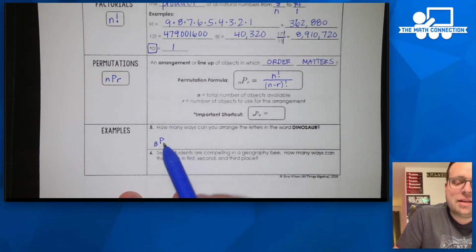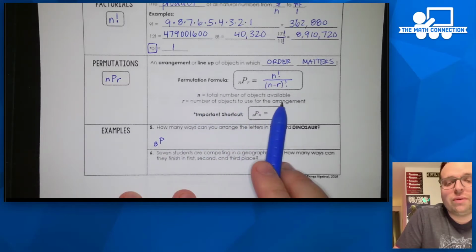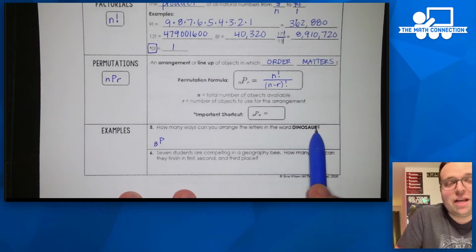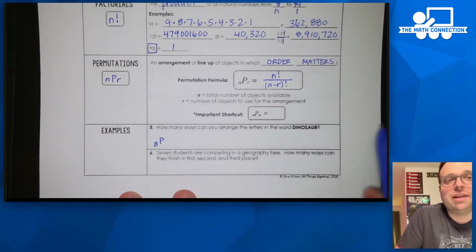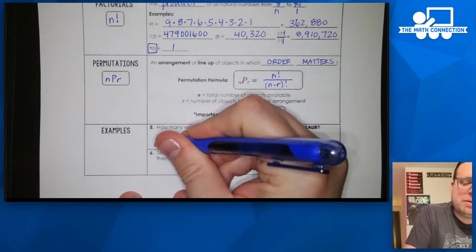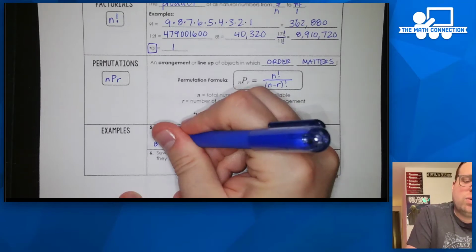And then the next thing is the r value. The r is the number of objects to use for the arrangement. Well, I want to use all 8 of the objects because I'm going to place them into the arrangement of letters of this word. So that's going to just be 8P8, 8 permutation 8. And so what this comes out to